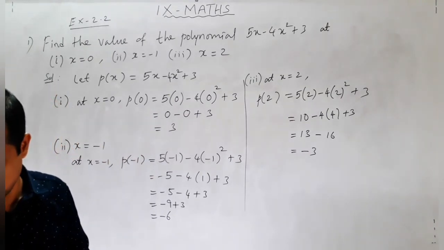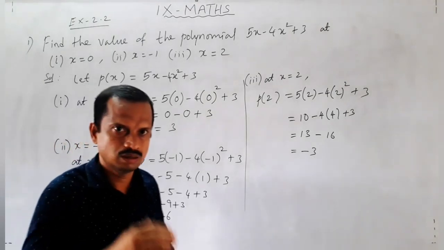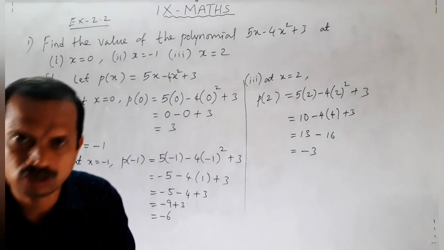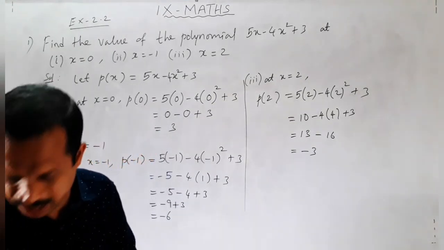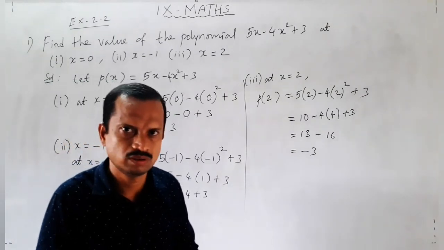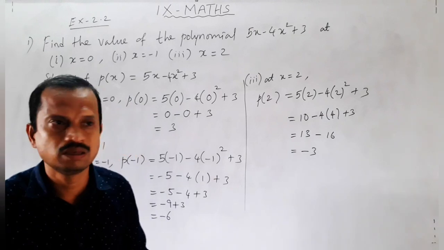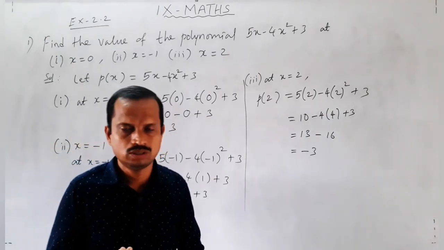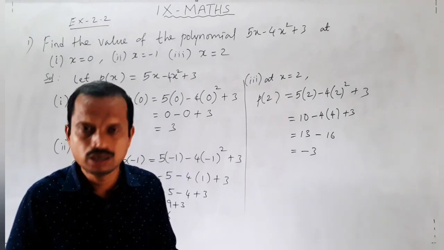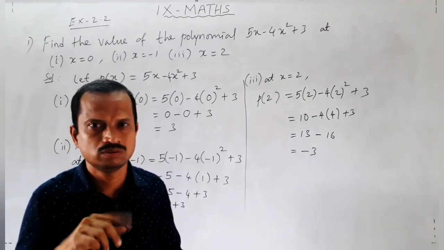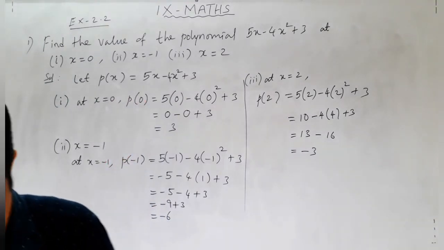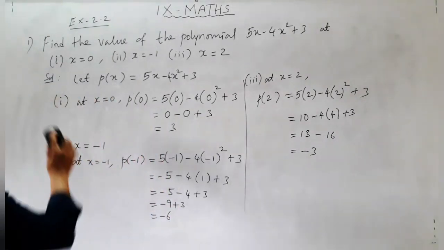But this next question has more options. I think 4 options are given there. 4 different polynomials, and they are asking to find p of 0, which means x equal to 0. You have to put that x equal to 0. Suppose if you find any variable other than y or t, you have to put 0 for that variable, and then 1 and then 2. P of 0, P of 1, P of 2. So you have to find. I will do any one sum for you, and the remaining you have to take as homework.